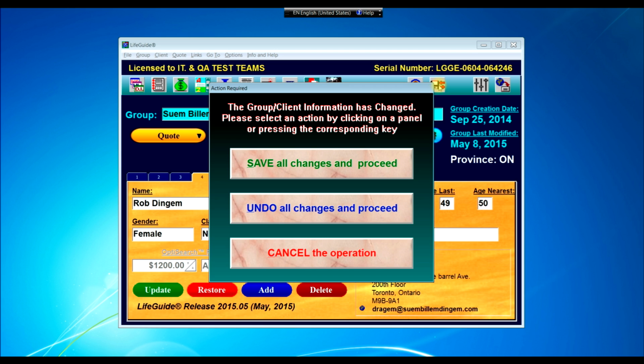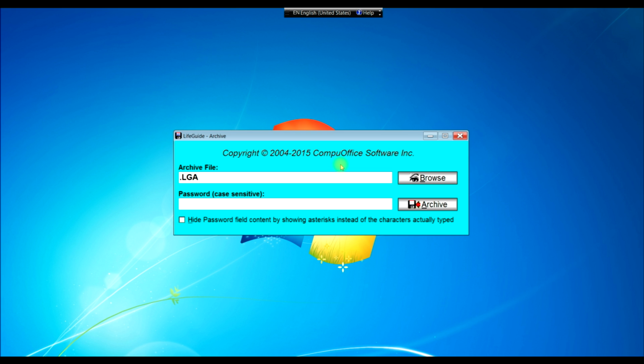Since I've made some sort of a change here, it will ask me if I want to save the changes that I've made, and I'll say yes. And it has been saved. So now I'm into the naming of the archive file, to where I want to save all this information. So let's browse, and I'm going to put all this into a file in an archive folder that I've created. So I'll browse,